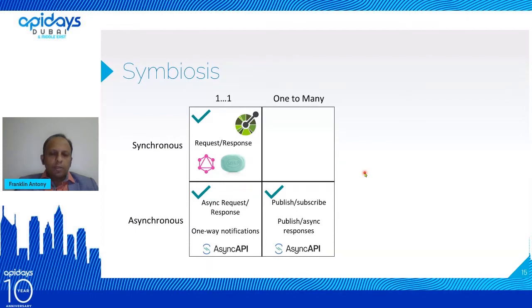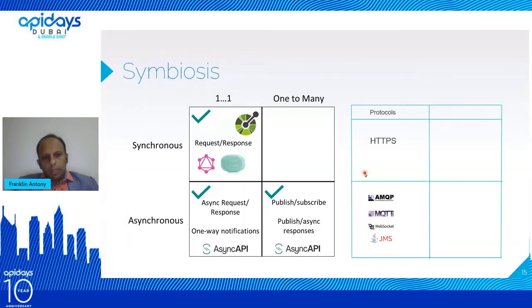But definitely, and I'm sure if you look into your organization, there are going to be places where you think, rather than having a request reply fashion, a more synchronous nature would make things real time and valuable for your customers. So there are protocols that support the synchronous approach, and they're commonly known, the HTTPS protocol. But when it comes to the sync API, you have AMQP, MQTT gaining popularity from the IoT space, WebSockets, JMS. They all were there, but this is now a more mainstream adoption, and standardization across various